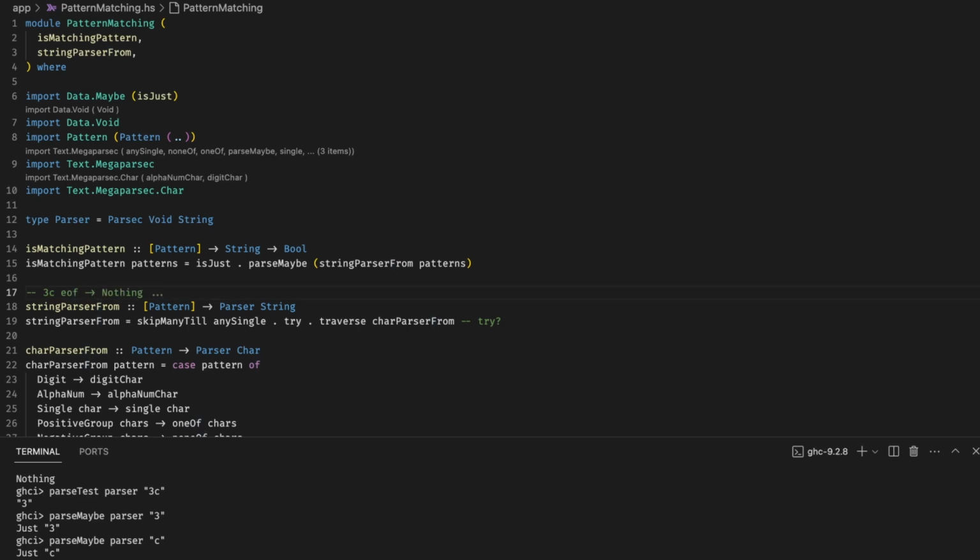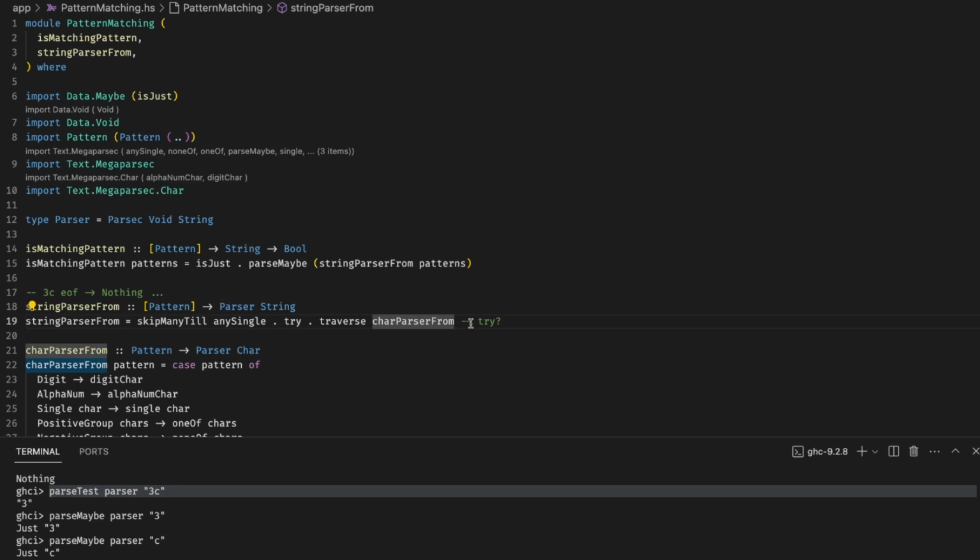Because what's probably happening with parse test is that it's different from parse maybe in its treatment of the end. So we skip through this, and then if we get till the end, we get nothing, and then it returns nothing. One thing that we can do is either play with an end here, somehow say, okay, we got